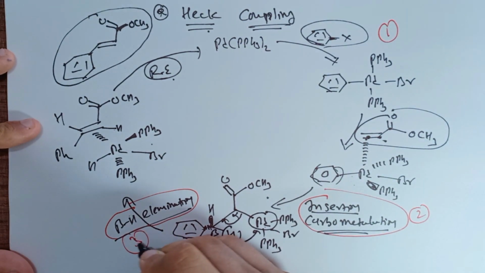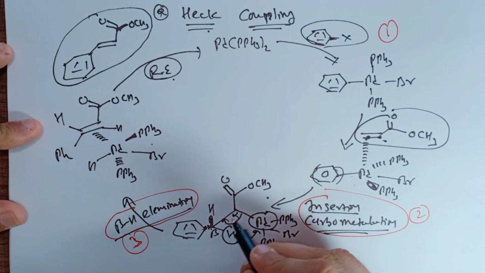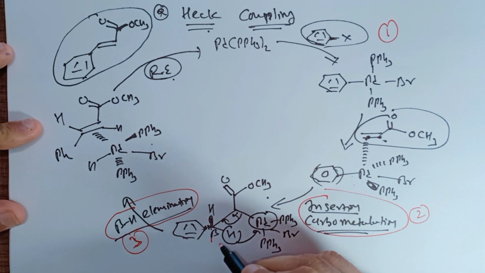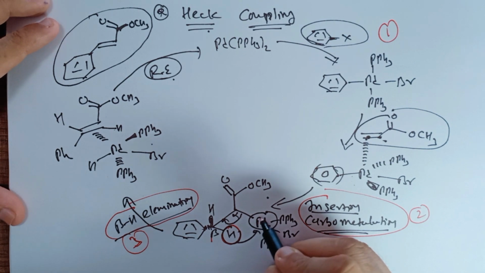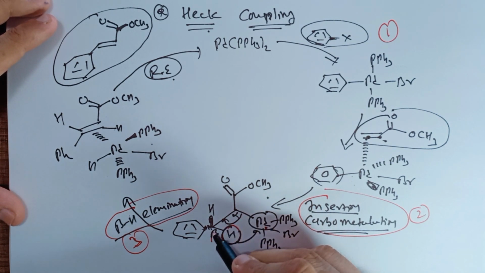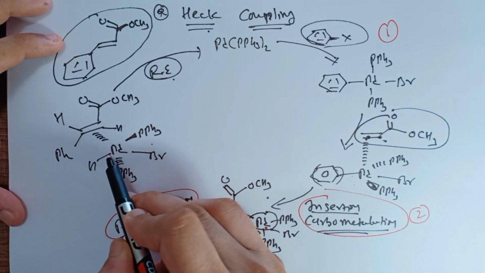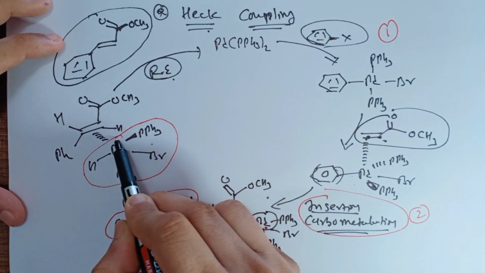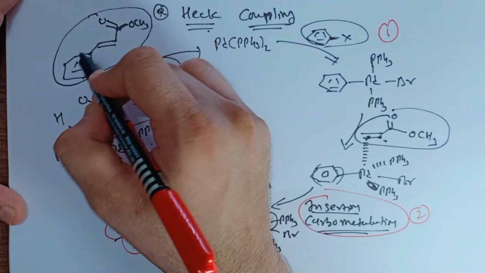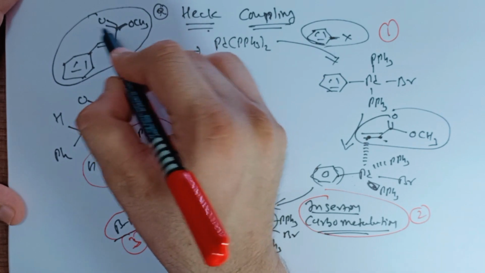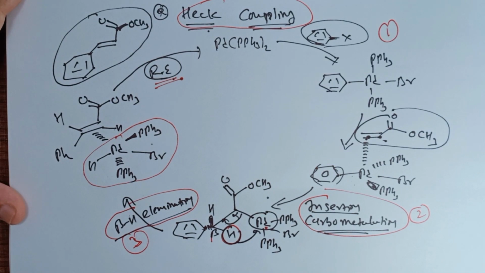So beta hydride elimination reaction: in the presence of palladium, when we are having a hydrogen over here, that is alpha and beta position, beta hydride elimination will take place. So this hydrogen will be transferred over here, so the bond will be disturbed and transferred over here, making a double bond. This double bond is partially attached to this group, so now this group will be removed with the help of the reductive elimination reaction. So in the end you are having a phenyl ring that is having alkene and C double bond OCH3. This type of reaction is known as Heck coupling reaction.